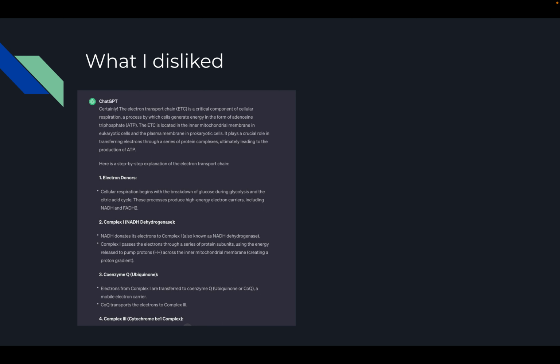So it still uses a lot of those complex words. It doesn't really break stuff down into an easier level. It still is a little tough to understand. So it does help, and it probably could help for some people, but for me, every time I asked it a question like, hey, help me understand this, I was pretty much as confused as I was when I went in there, and would have to look for other resources.